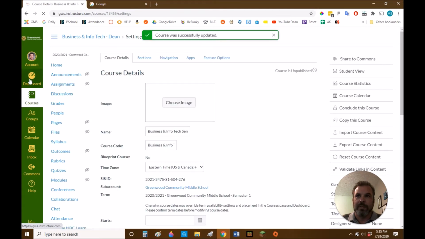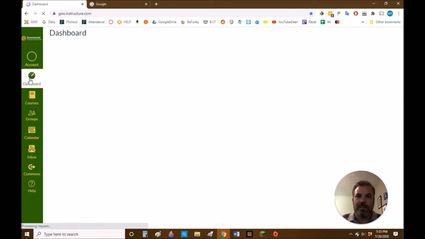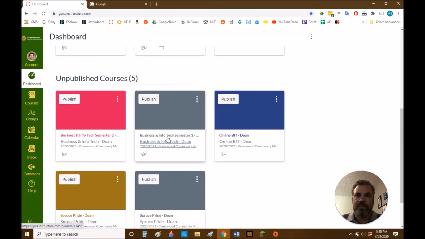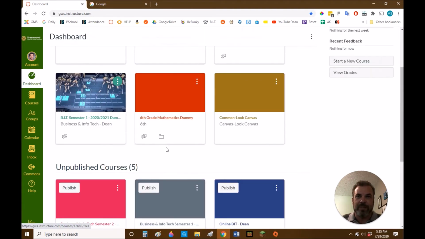I'm going to go back to my dashboard to see, and we'll reload. You can hit F5 on your keyboard to reload the page as well. And you can see I now have semester 1 and semester 2. So now that you have your official pages named and identified for which semester they are, let's go up and